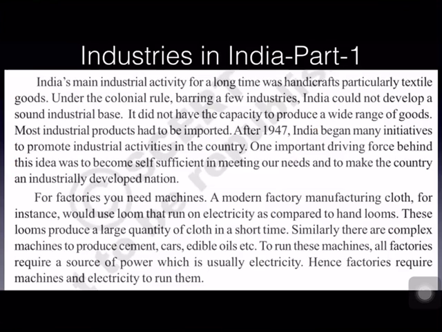And after independence, the main aim was to increase agricultural production, as many of the food grain producing areas went into Pakistan at the time of partition. Lahore, Peshawar, all these were food grain producing cities. So they went into Pakistan at the time of partition. So there was a need to increase the agricultural production.